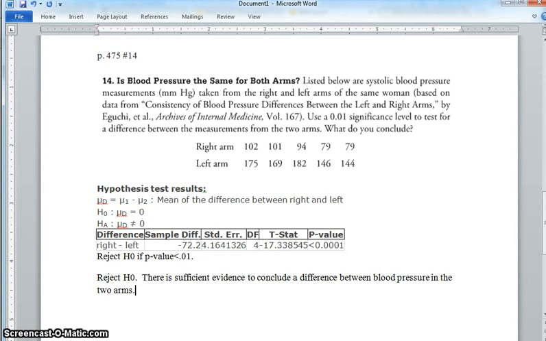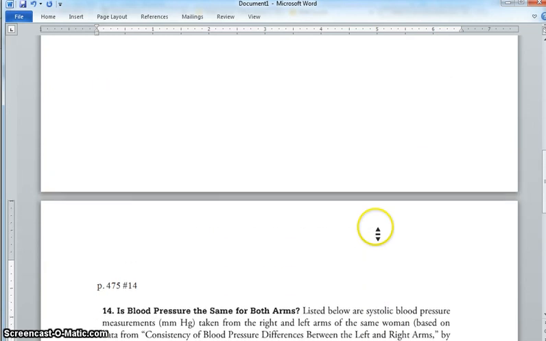And one thing I might have misspoken earlier, you kind of can't tell from reading this whether it's the same woman at 5 different times or 5 different women, but either way the data is paired. Keep in mind for these that you have to be very careful in which way you set up your inequality. This one was a not equal to, so it doesn't matter, but just be careful because up